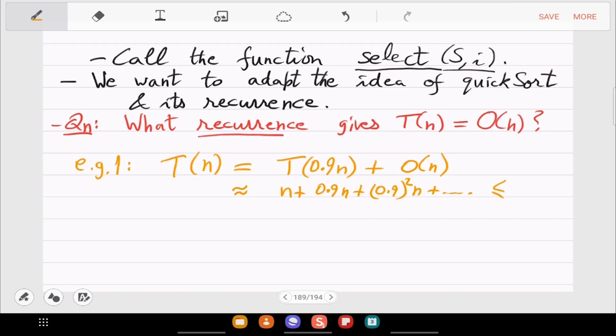So it's an absolute constant. So this is big O of n. So if you reduce the instance by a percentage, then you are allowed to do this recursive design and get a linear time algorithm.